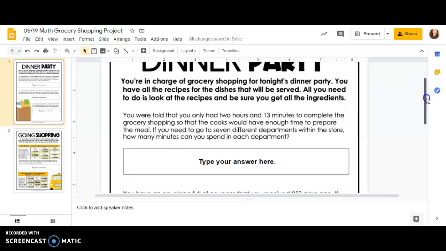For example, let's look at this one. It says, you were told that you only had 2 hours and 13 minutes to complete the grocery shopping so that the cooks would have enough time to prepare the meal. If you need to go to 7 different departments within the store, how many minutes can you spend in each department? Okay, so because you started off with 2 hours and 13 minutes, but they want to know how many minutes you spend in each department, and if there's 7 of them,